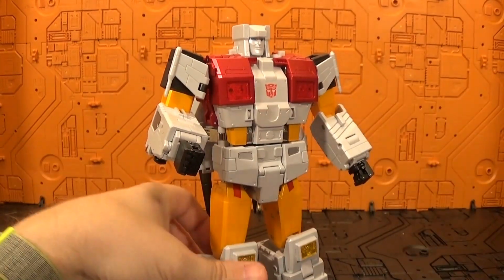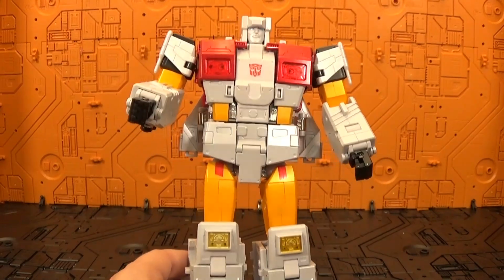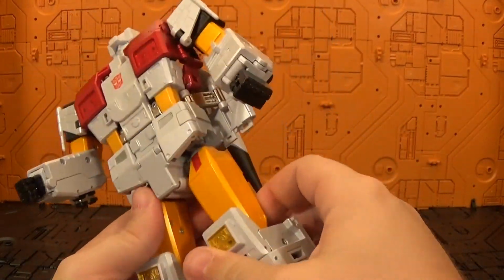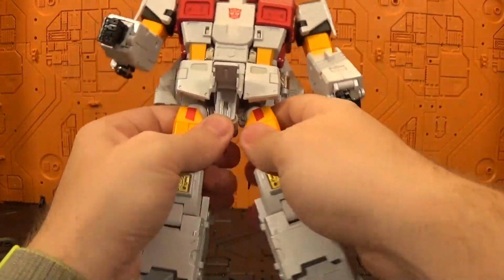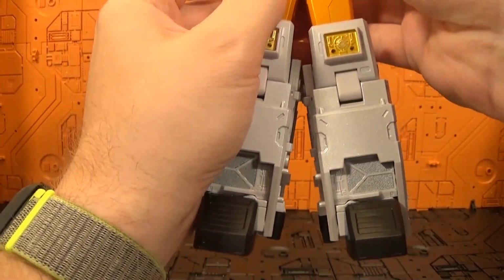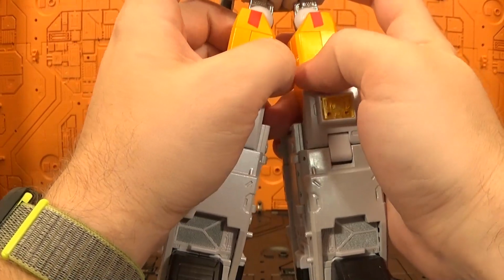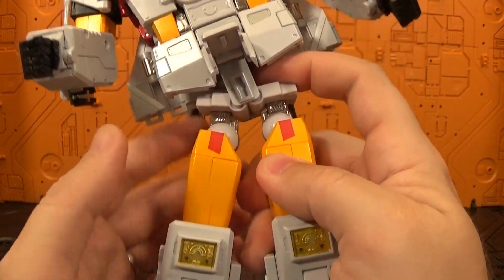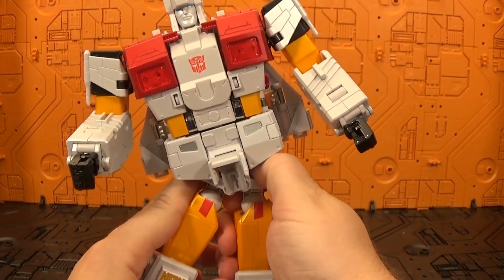And let's go ahead and get him into plane mode. So first thing I like to do is we'll come here, undo the waist, and we're going to pull the legs down. You want to make sure they're straight. And then the other thing, which this is the one thing I could not find in the instructions at all, is you need to collapse these leg pieces. So I'm just going to press down